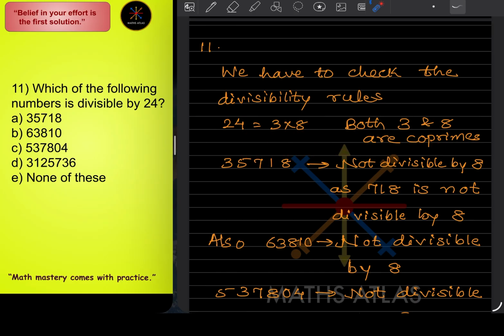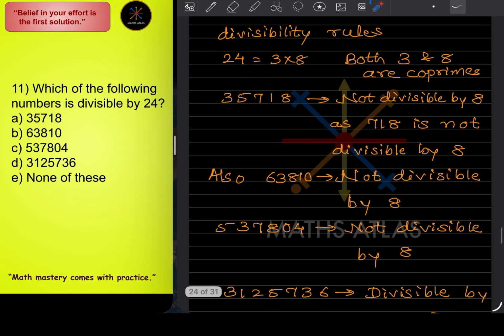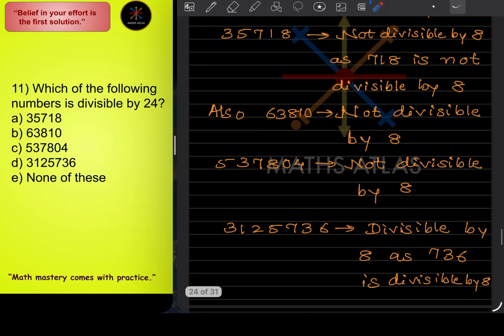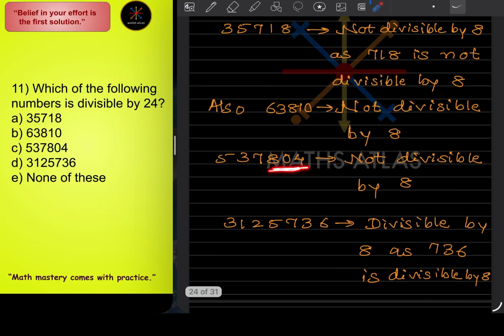Now let us see option A, that is 35718. For the divisibility rule for 8, we have to see the last 3 digits. So this is not divisible by 8. Now let us see option B, that is 63810. This also you can check here. The last 3 digits are not divisible by 8. Option C, again these last 3 digits are not divisible by 8. Option D,